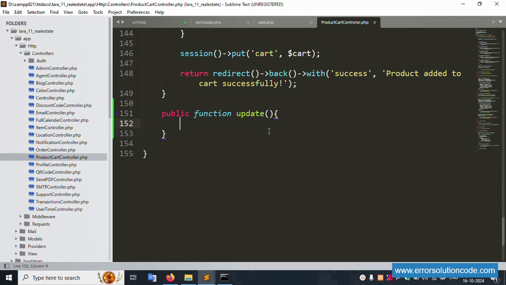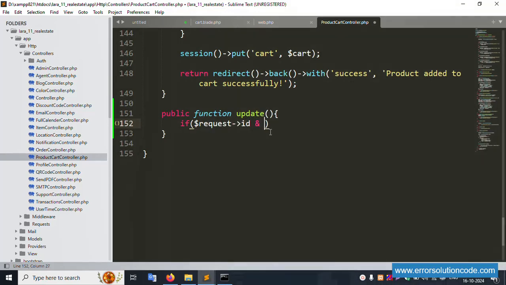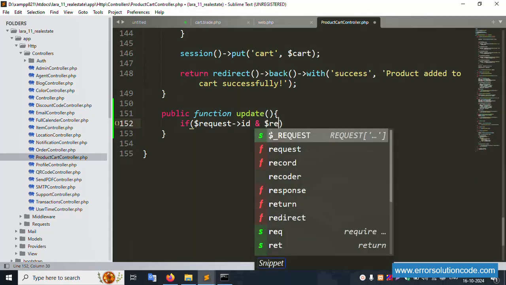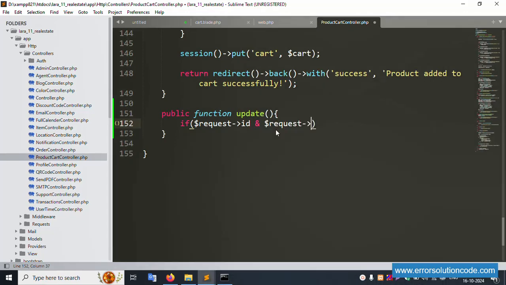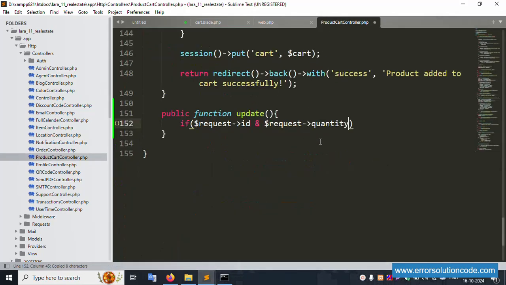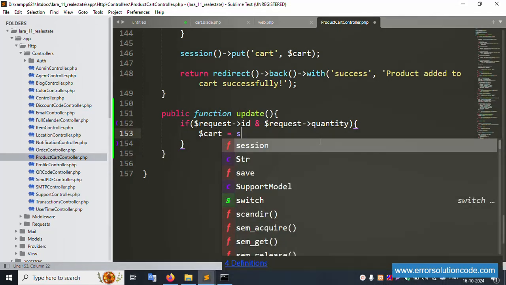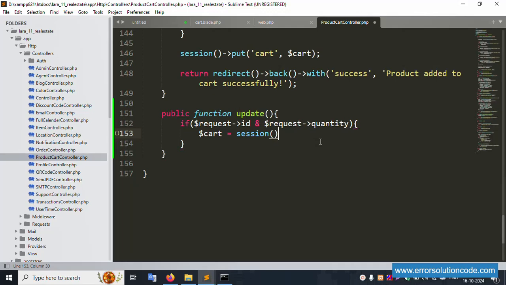If $request ID and quantity and $request quantity, the same name. First of all, implement the ID, second the quantity, with the same name, paste here quantity. $cart session get,